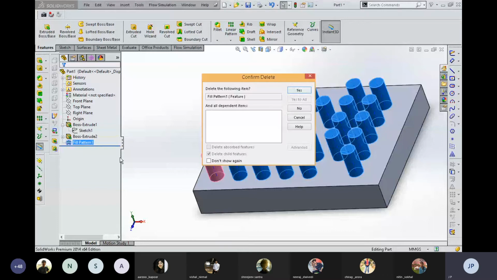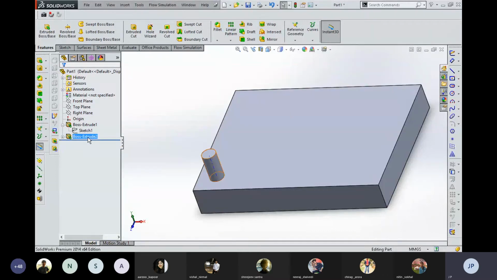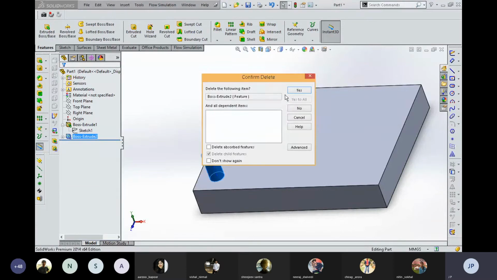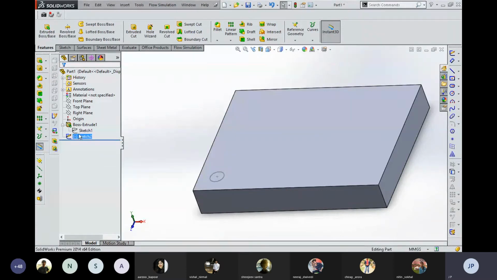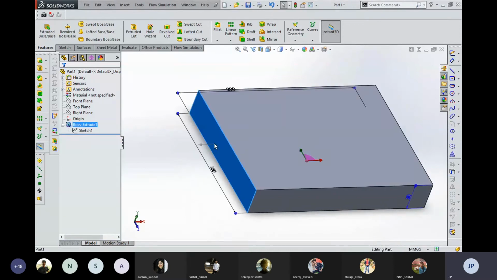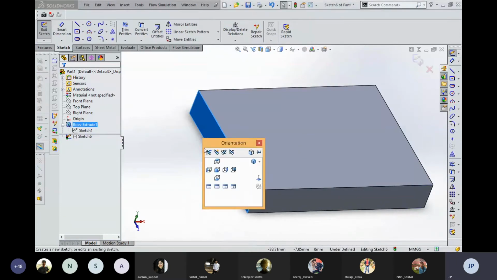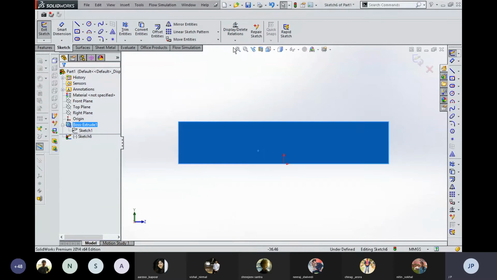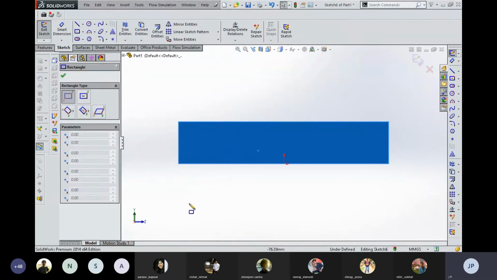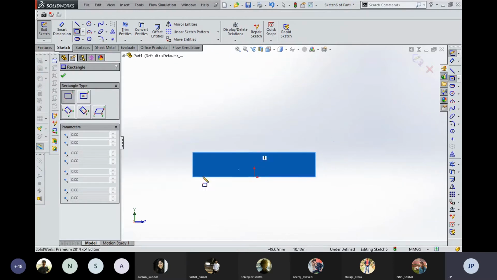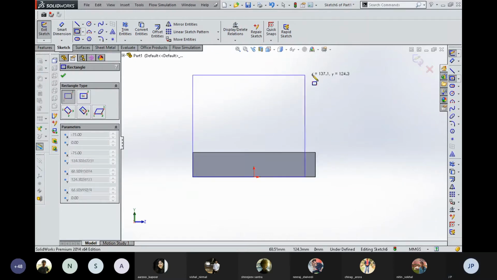So I'm going to delete this one. Okay. Now the third tool is rib. For that I need another surface or another plate on the other side of this component. So for that I'm going to create a sketch on this face. See, the user who is using the software can use it according to their modifications.